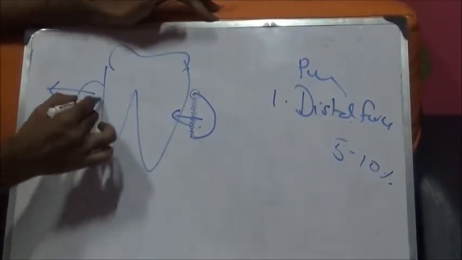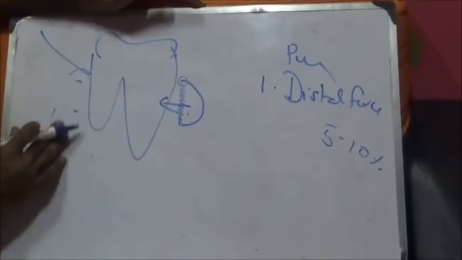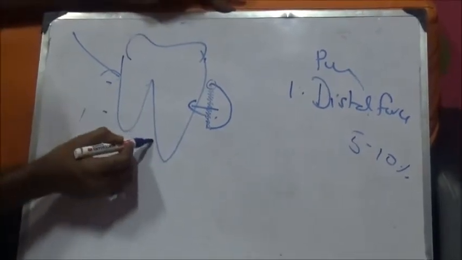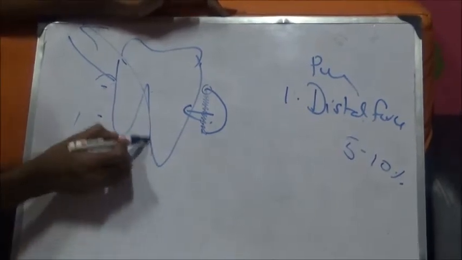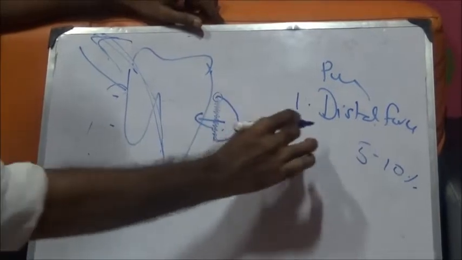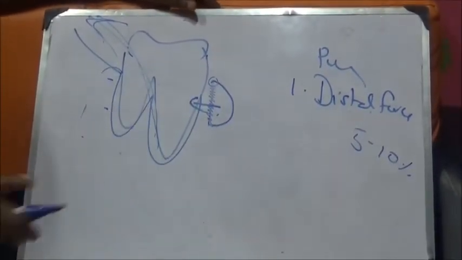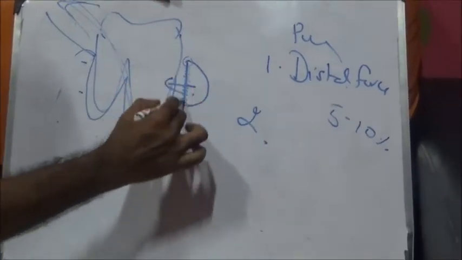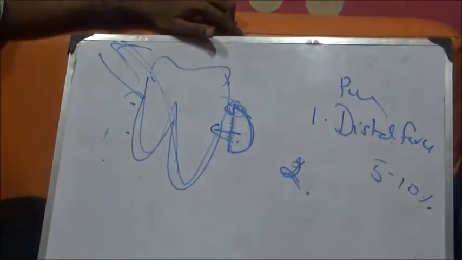But here the bone is there, no? It will hit. So there is bone, right? If you give a pure distal force, it won't come out easily. Our aim is to create a distal and upward movement, then pulling like this. The first movement will be a slight distal movement to loosen the periodontal ligament. The second movement is the important movement, to use the upper border.